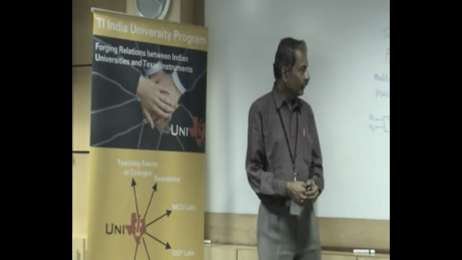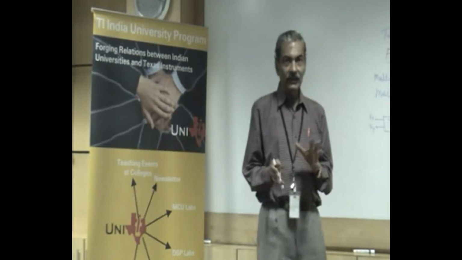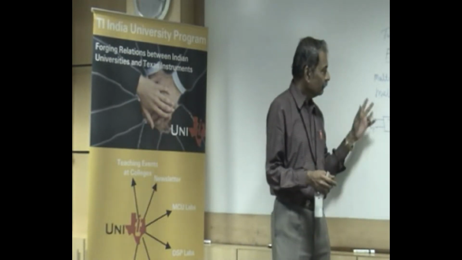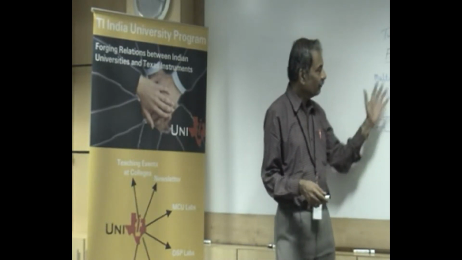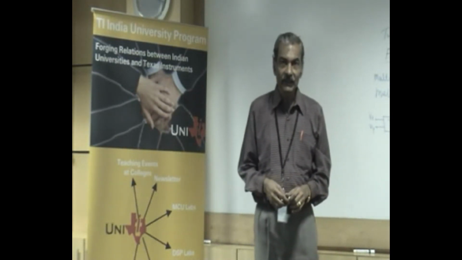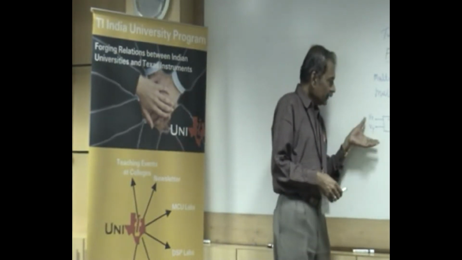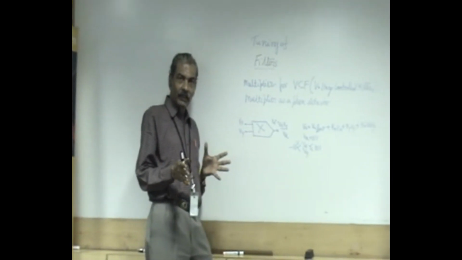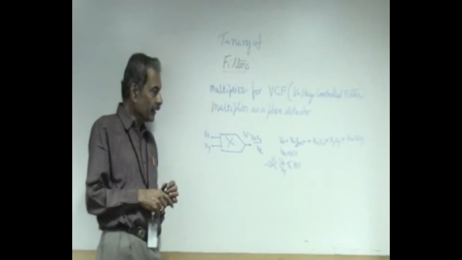How it is done can be explained by understanding first how it is converted into a voltage controlled filter, and how the multiplier facilitates this feature. The same multiplier can also be used as a phase detector to tune it properly. Now what is a multiplier? Multiplier is the next important building block after the op amp. It can be used for a variety of communication applications.